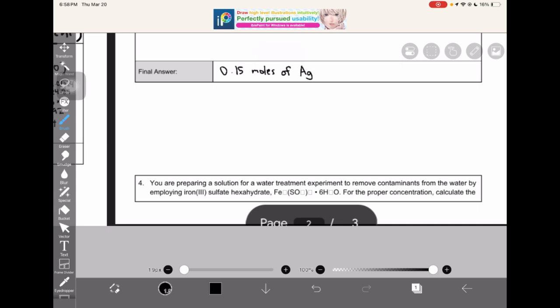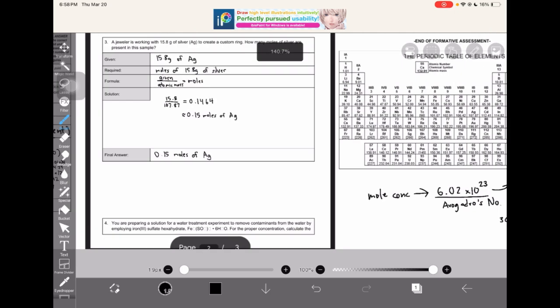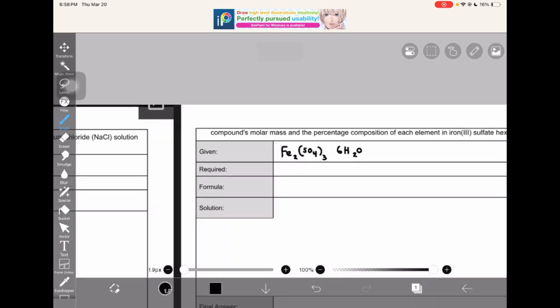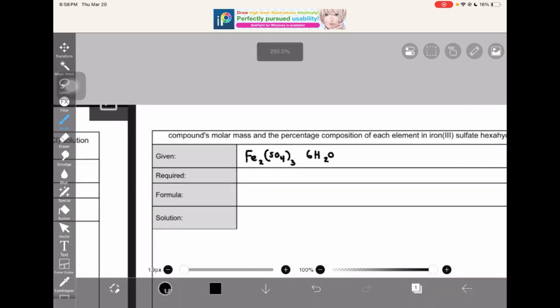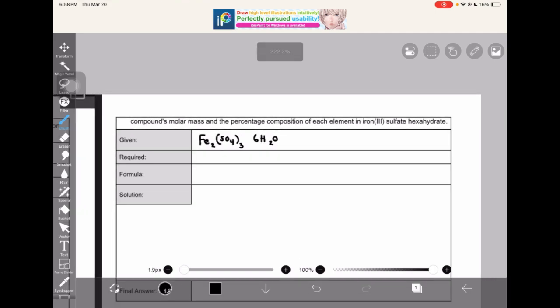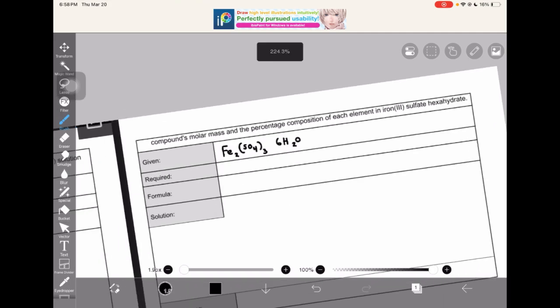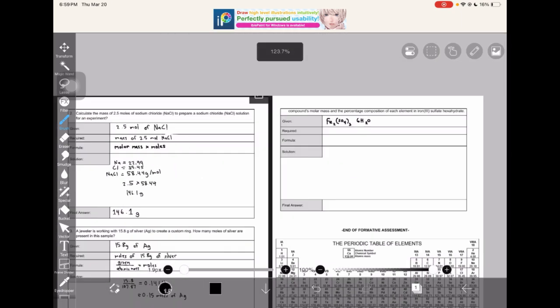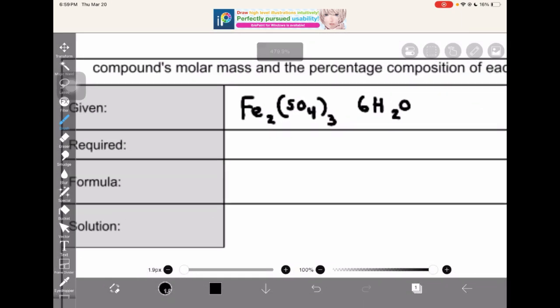You are preparing a solution for water treatment experiment to remove contaminants from the water by employing iron 3 sulfate hexahydrate. For the proper concentration, calculate the compound's molar mass and the percentage composition of each element in iron 3 sulfate hexahydrate. Oh, mouthful. But we can just repeat the same process here and we'll deploy a new strategy as well. So first we have the required